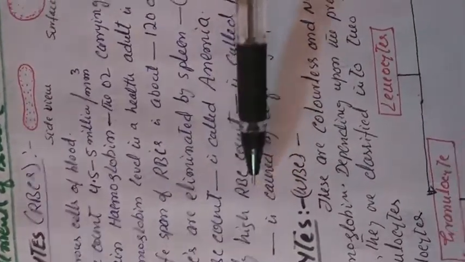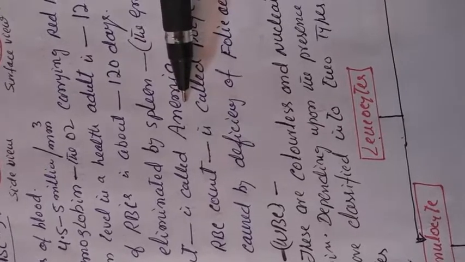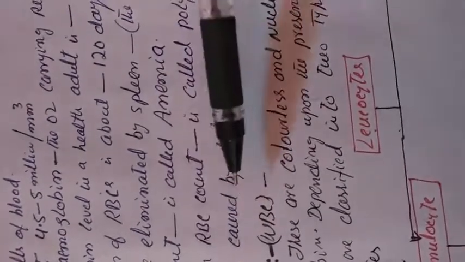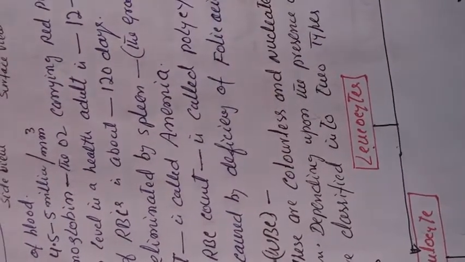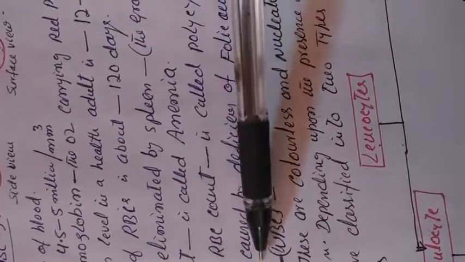Now, a low RBC count is called anemia, and an abnormally high RBC count is called polycythemia. Anemia is caused